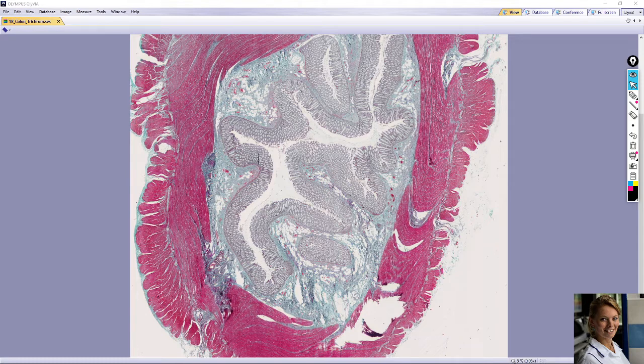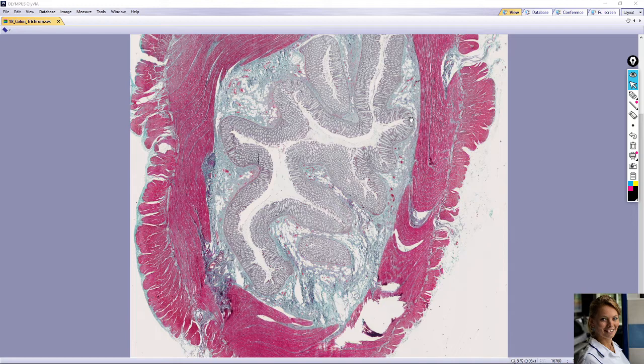The wall of the colon has the same basic layers as the small intestine, but the colon does not have villi or plicae circulares, and the luminal surface of the mucosa is smooth. But in an undistended colon, the mucosa and the submucosa exhibit temporary folds. It's visible here.